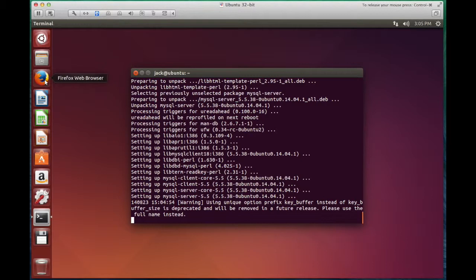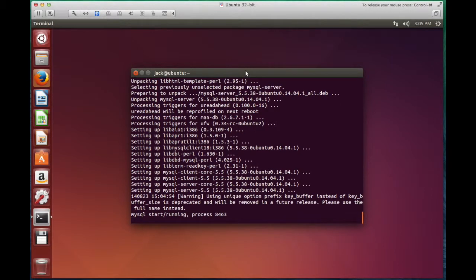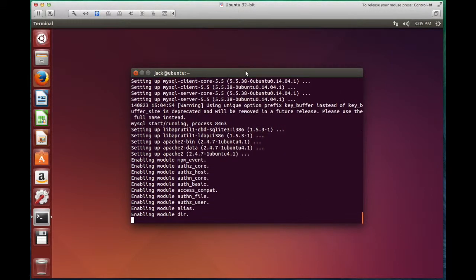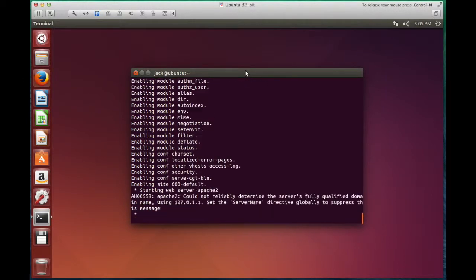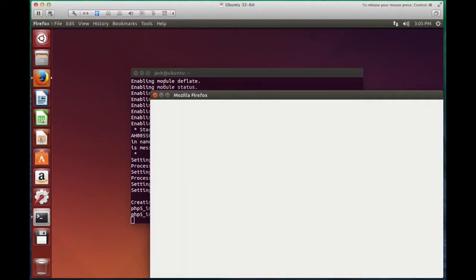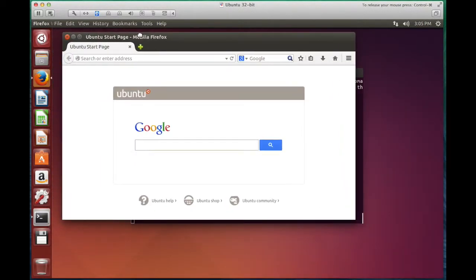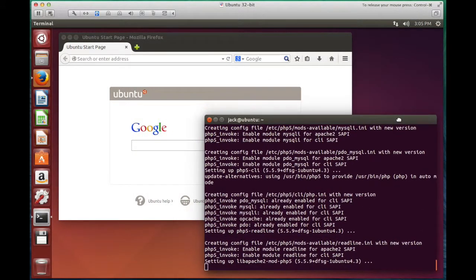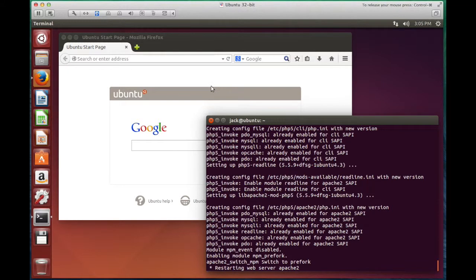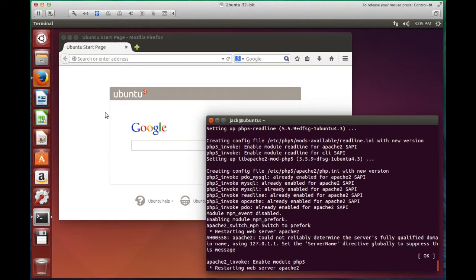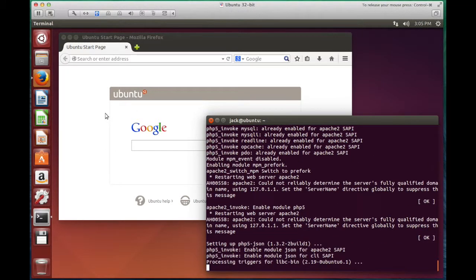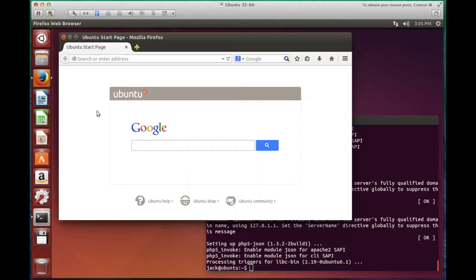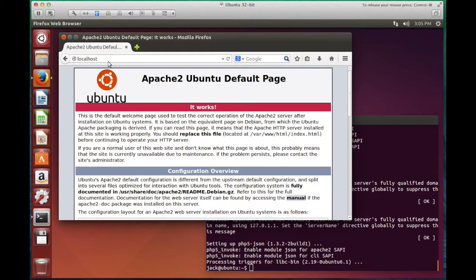Meanwhile, we'll open up a browser. And there we go. To test this, in your browser, go to localhost, and you should get the Apache success